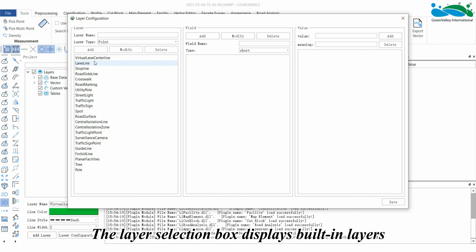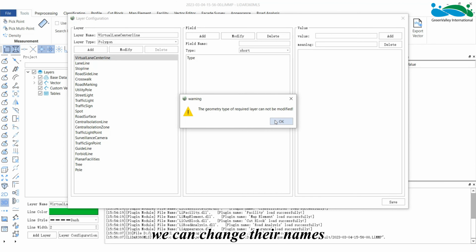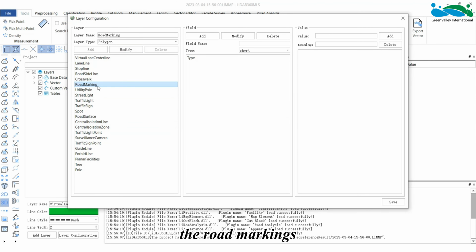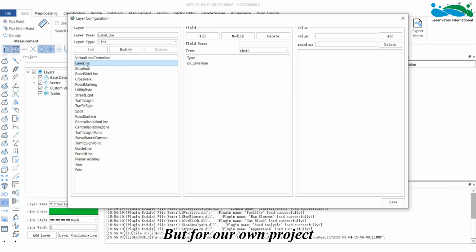The layer selection box displays built-in layers that cannot be deleted or have their types modified. However, we can change their names. For example, the road markings, which are called lane line or road marking layers in the software. But for your own project, road markings may have another definition, such as lane marking.